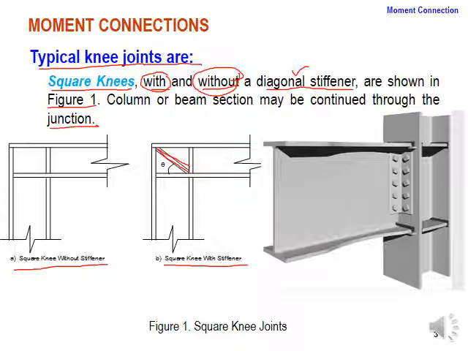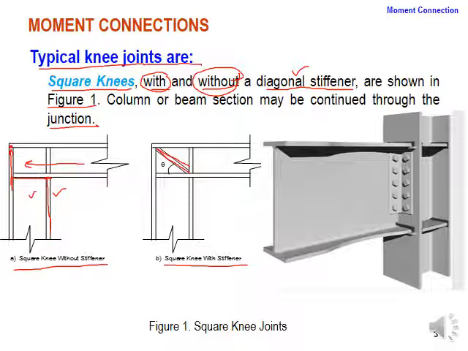In this particular part of our lecture, we will only discuss the types of knee. Schematically, you can see here, this is in 2 dimensions. Here we can see that our column is discontinued over here, and the beam part is continuing in this particular direction. The flanges are discontinued over here, the right flange of the column, and the web is also discontinued just when the knee part of the joint has started, but the left flange of the column continues till the corner of the square knee, the top left corner of the square knee.